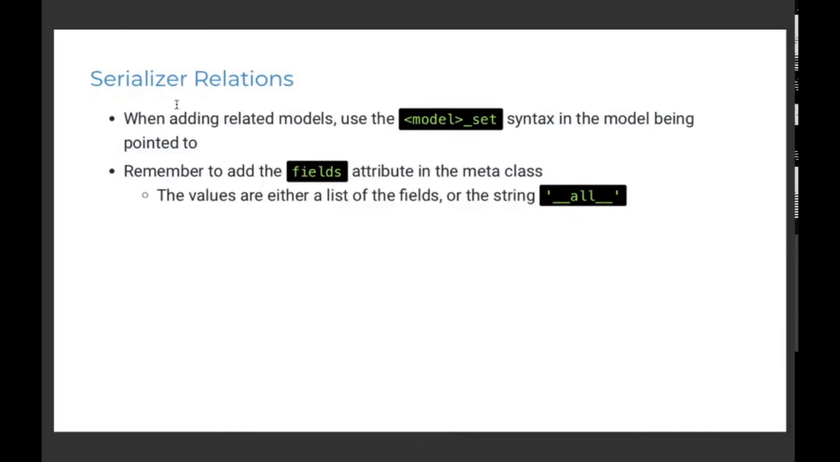And like I said, when adding related models, use the model underscore set syntax if there is no related name, and remember to add the fields attribute in the Meta class, because that is required. The value is either a list of the fields or the string double underscore all double underscore. Anyway,